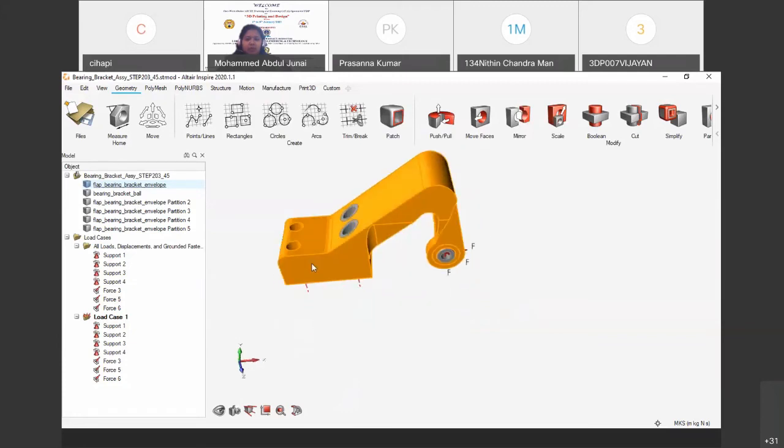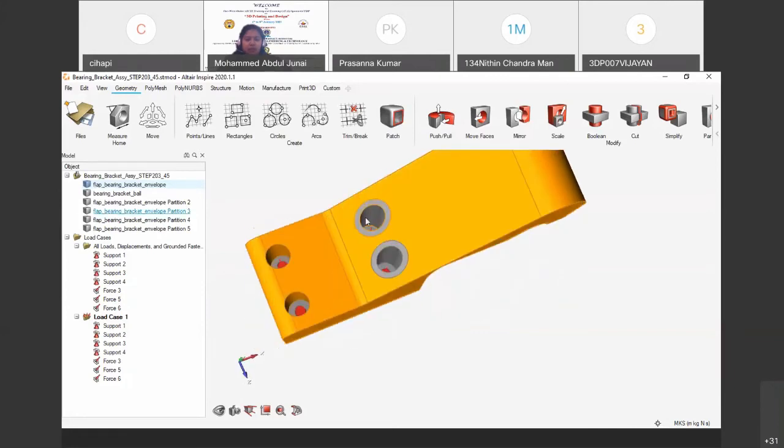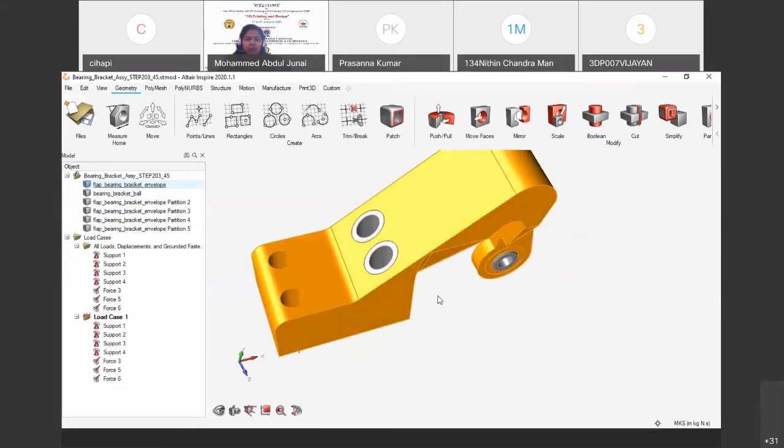It will not even touch any portion of the non-design space. So these are the portions which we decide and create manually, for whatever the product is we design. Not only this bracket, if you have any other object, in that object also we have to give these two: one is a design space and the other is the non-design space.